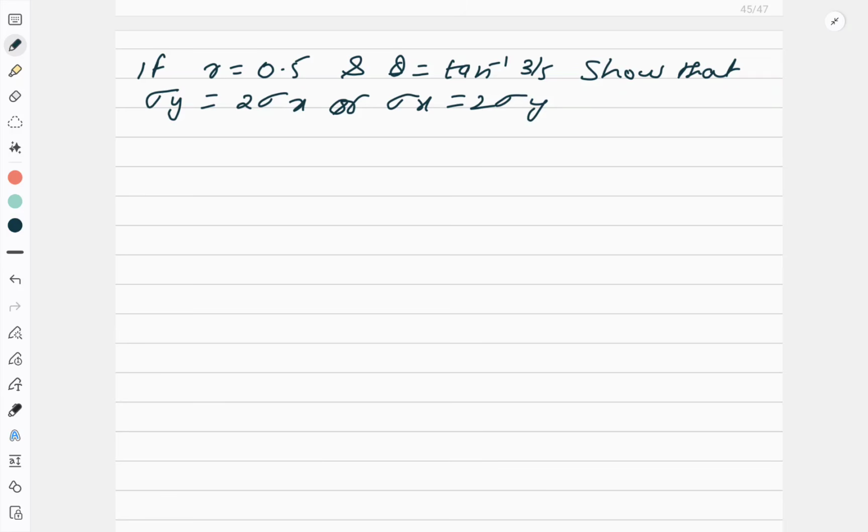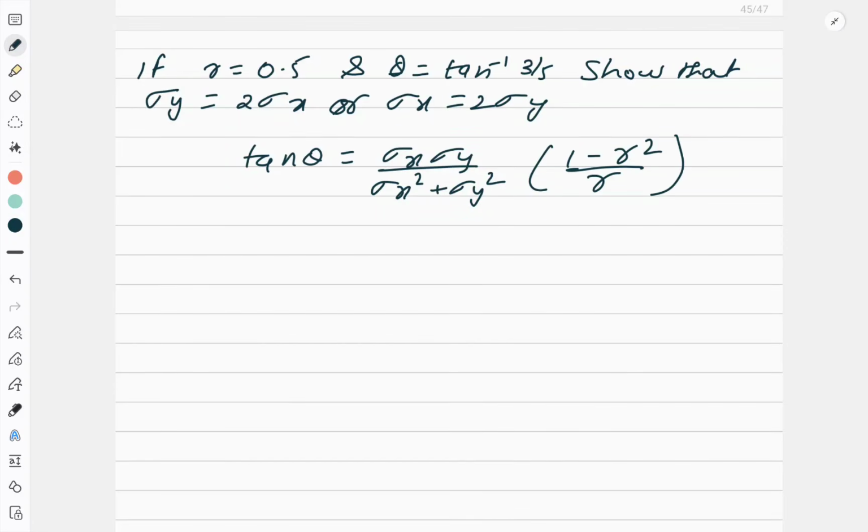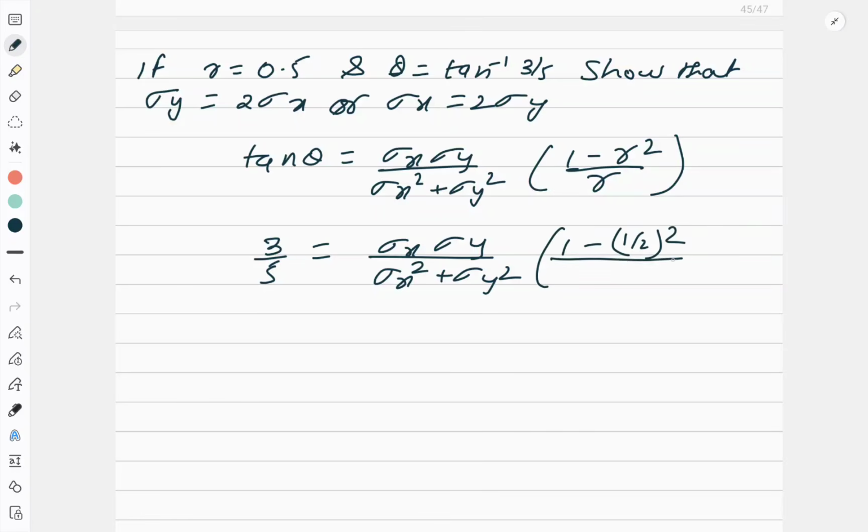So again I will go back to the question which we have just done, that tan theta is equal to sigma x sigma y upon sigma x square plus sigma y square, times 1 minus r square upon r. Remember one thing, this angle is always an absolute value. So if I write r square minus 1 or 1 minus r square, it's one and the same thing. Now substitute the value. So tan theta is 3 by 5, sigma x sigma y upon sigma x square plus sigma y square, and 1 minus 1 by 4 upon